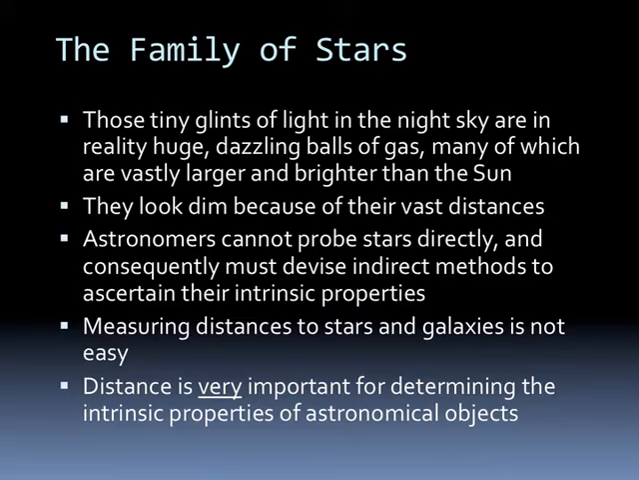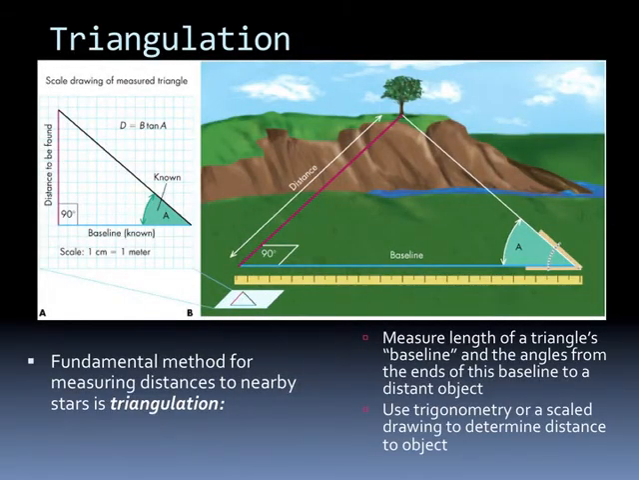Measuring distances to stars and galaxies is not easy. And distance is a very important number for determining lots of the intrinsic properties of astronomical objects. So one way of determining distance is triangulation,